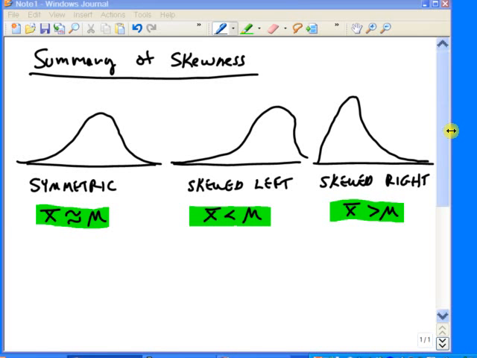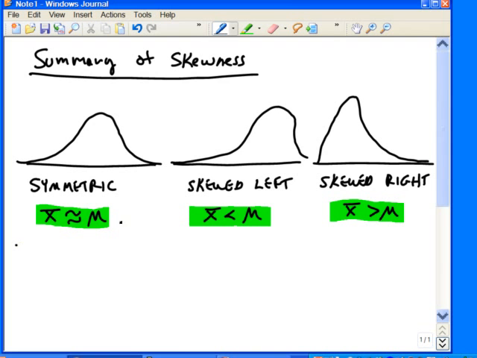Continuing now, let's just do a summary of skewness and what that concept is about. First, we see that when we have a graph that looks the same about the middle, we call that kind of graph symmetric. In other words, we have this peak in the middle where the frequencies are the highest, and then they tail off on both sides of that peak. We see that kind of graph is symmetric, and when that's the case, the sample mean and the median are about the same. This kind of graph is also called bell-shaped,